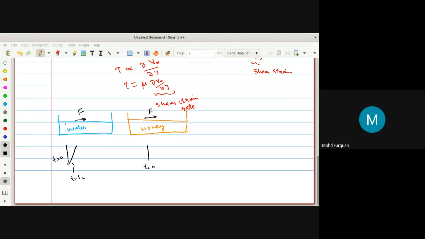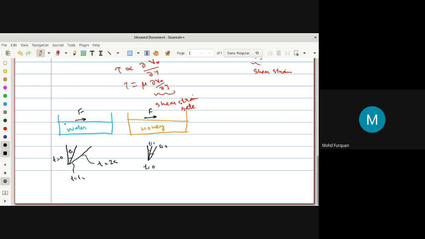The deformation will be less compared to water. Yes, so for honey the deformation will be smaller compared to water. So this line of fluid will not move by this angle. The angle theta 1 will be larger for water and smaller for honey. Then at another time, at 2 seconds, water will move further, where honey will only come till this theta 2.